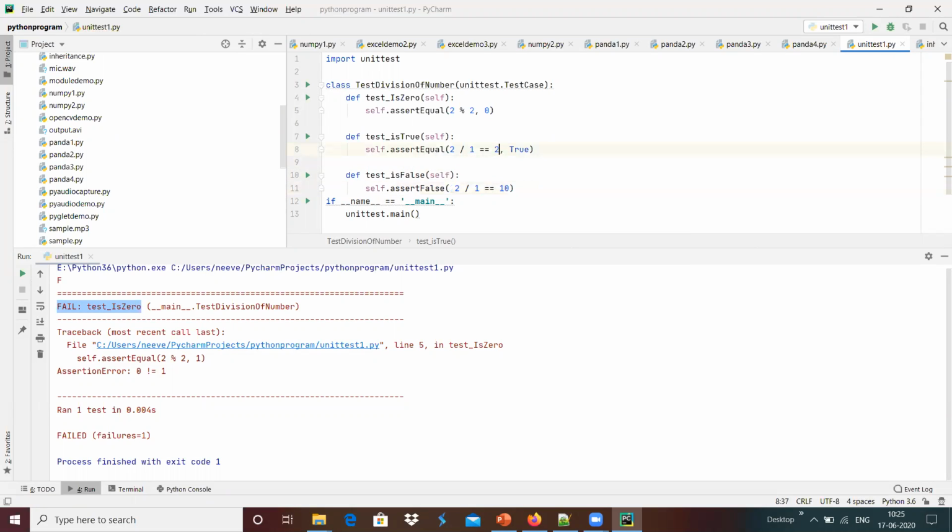And for example, maybe instead of that, we can use the function assertTrue, and we can divide something like 2 divided by 1 equals 2. It should be 2, and we can use the same over here.